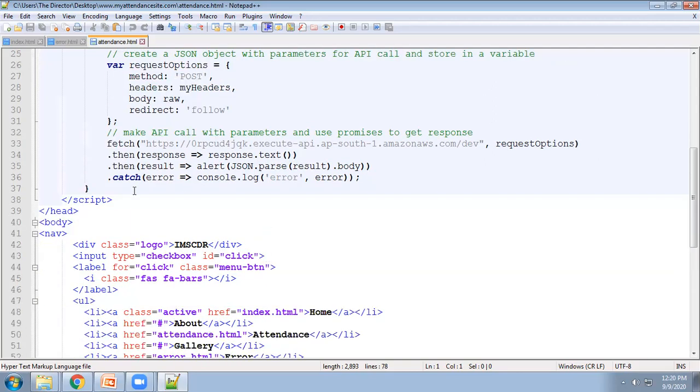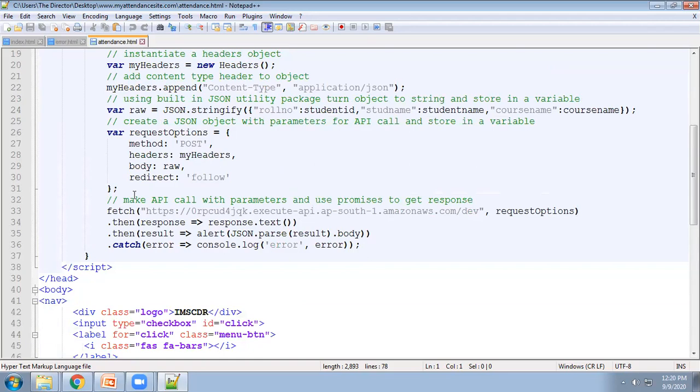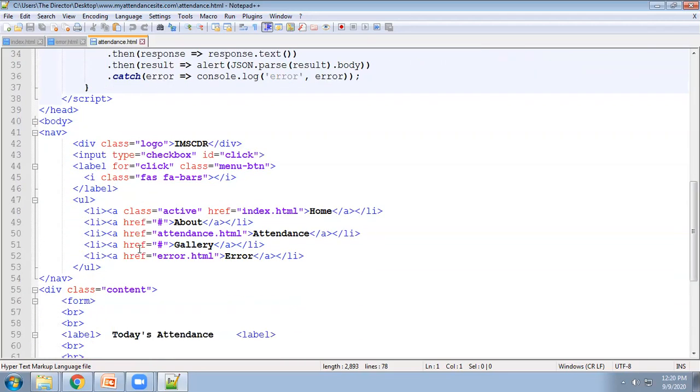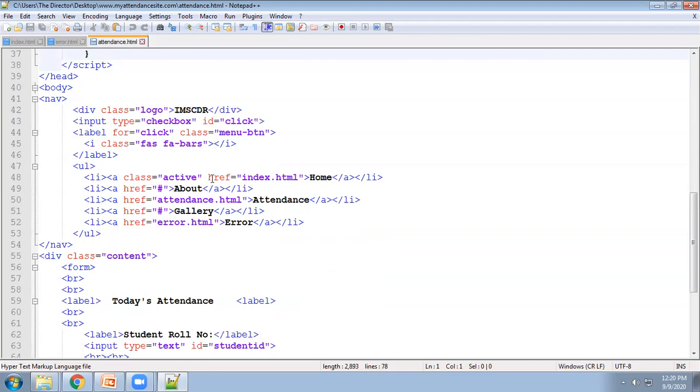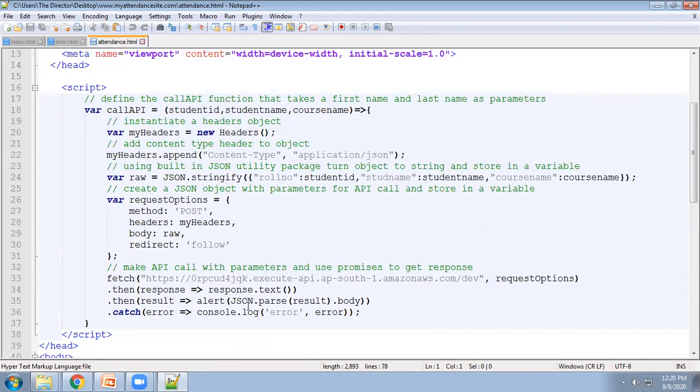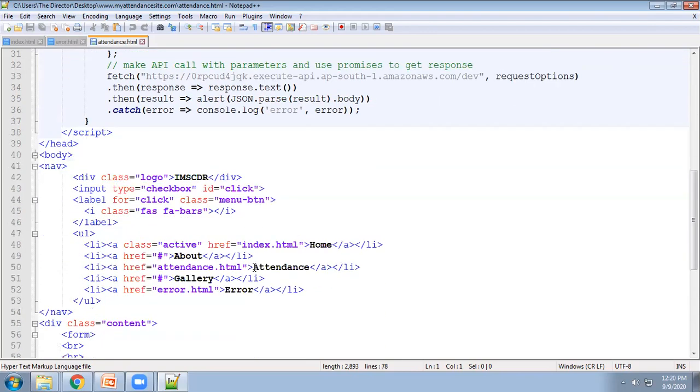So this is the JavaScript I have used in my application. I have created the JavaScript here, and after the JavaScript, the HTML code.